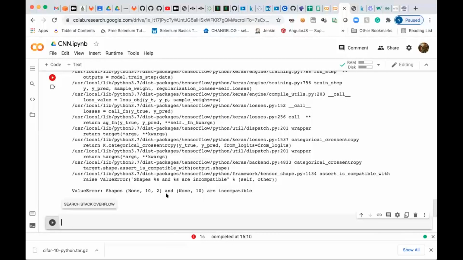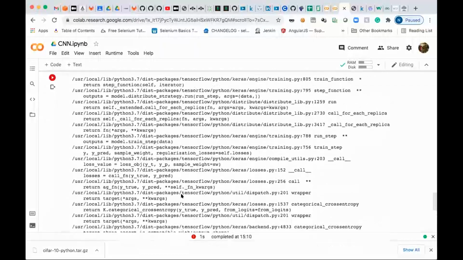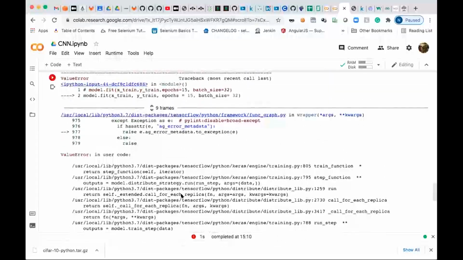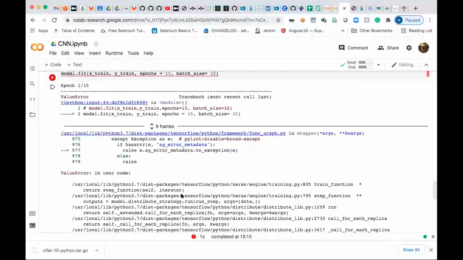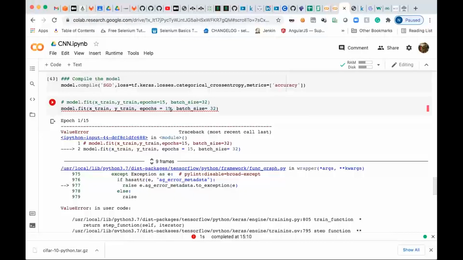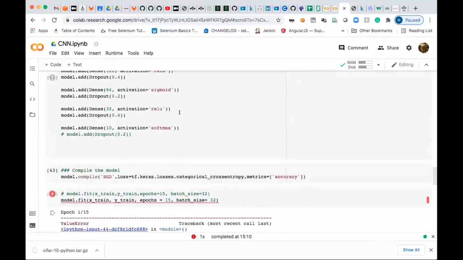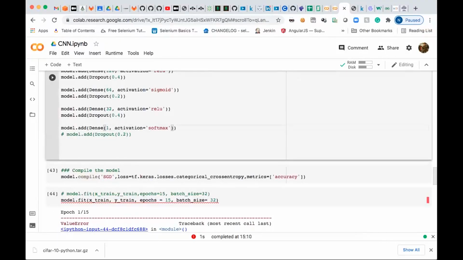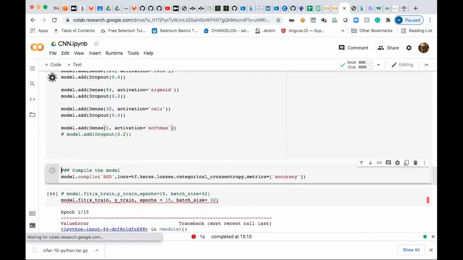What is the 10 then? I'm confused with the 10. Here is 15, but I kept 10 for the dense one, whatever output we'll get. Okay, put this as one. Now execute, run this. One second, again I'll execute.